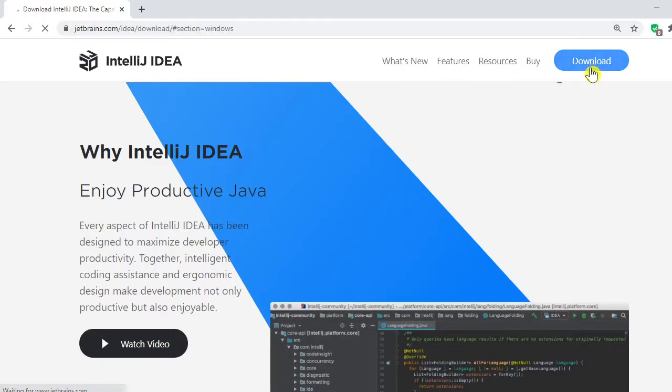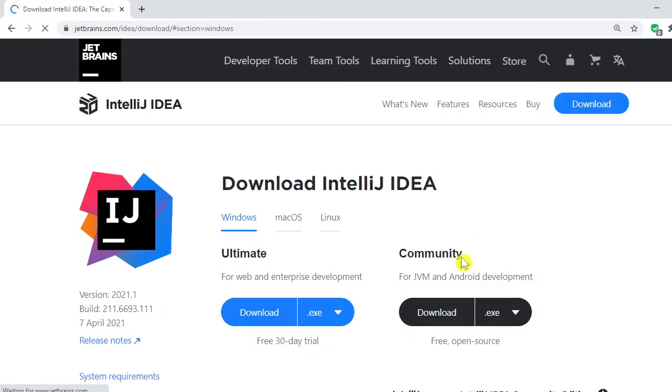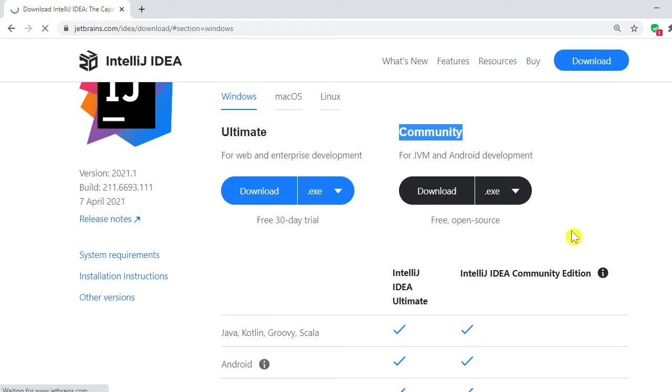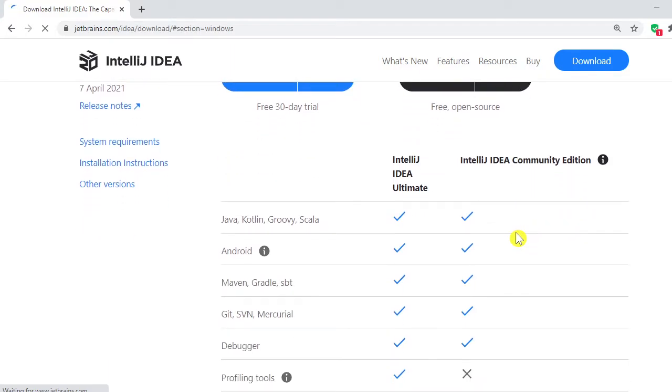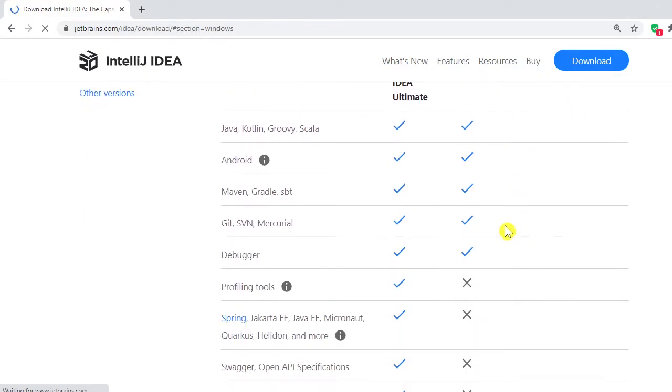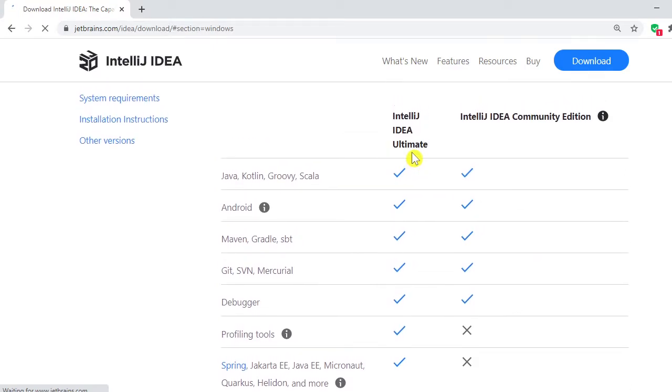Go to the download section. Here you will see the community version. You can download this, it's open source. Here you will see the list of plugins supported by default in the IntelliJ IDE.